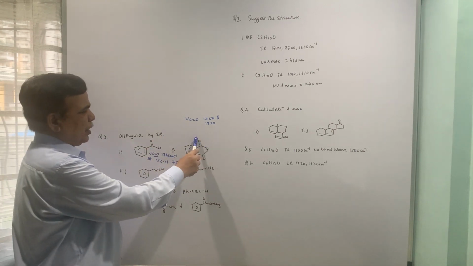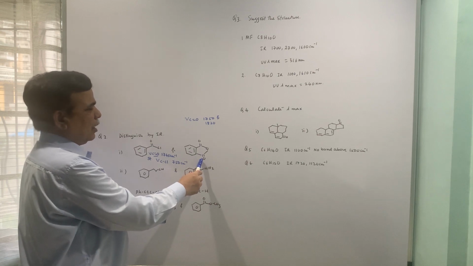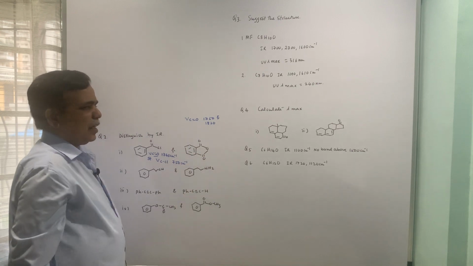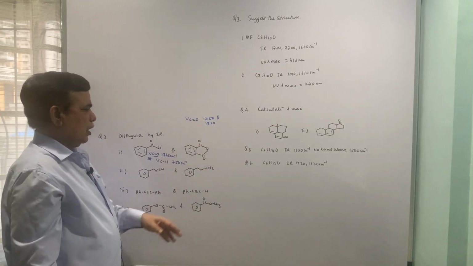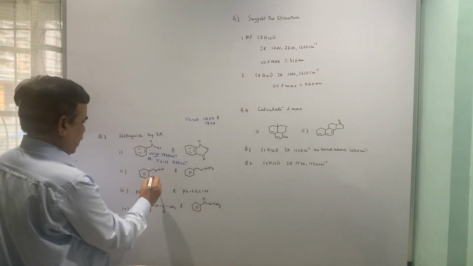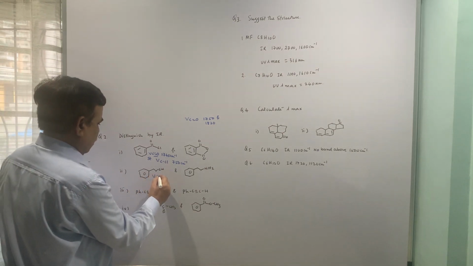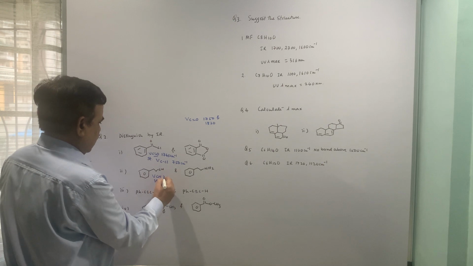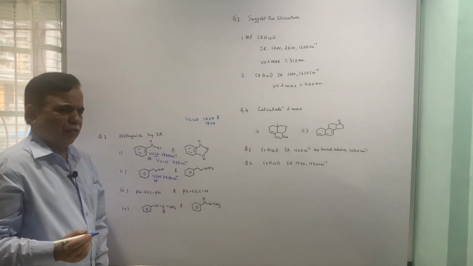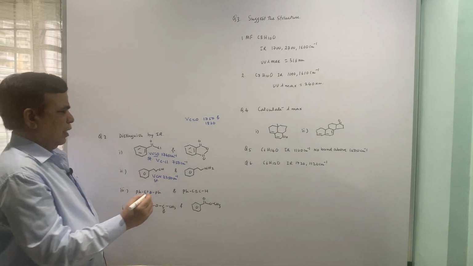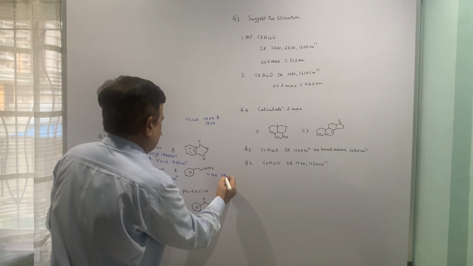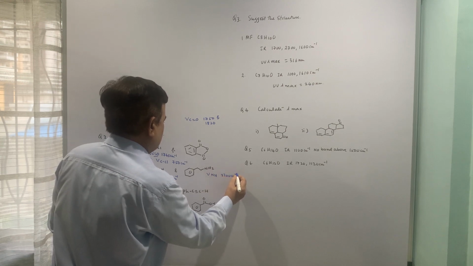If the lone pair goes here, this will feel the electron crunch. If it comes here, this will be electron deficient, and so on. Accordingly there will be two frequencies for carbonyl. Now, here the second example, nu of CN stretching. You have to remember it is in the order of 2240 to 2250, and here it is nu NH, that is in the order of 3300.